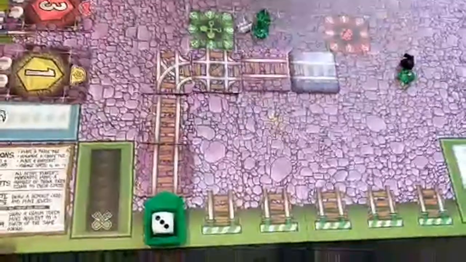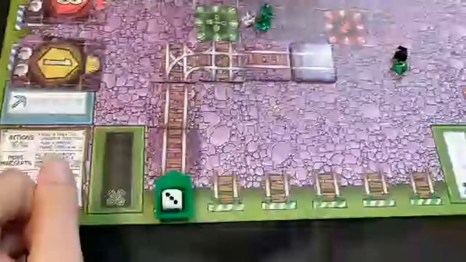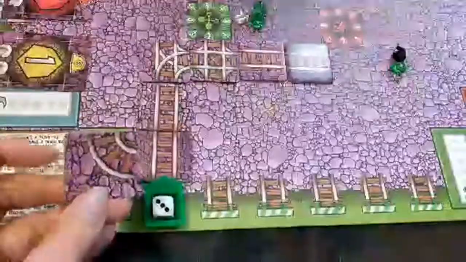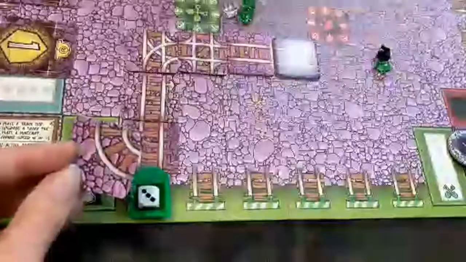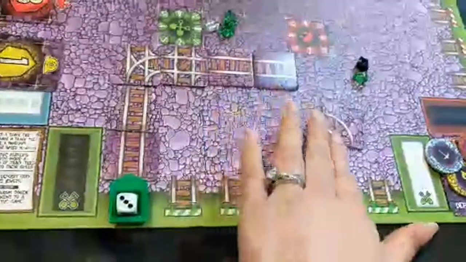So before we go on to your movement phase, let's talk about tile placement. Tile placement in this game is fairly simple. You can change the direction of any tile when you place it to any direction you want. Tiles do not have to connect with already pre-placed tiles. So for example, if I wanted to place this corner tile all the way over here, where it's not connected to anything,